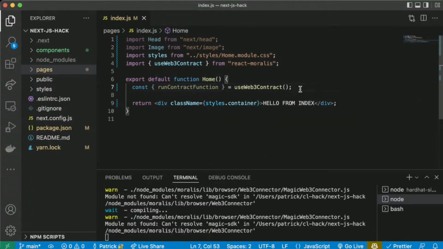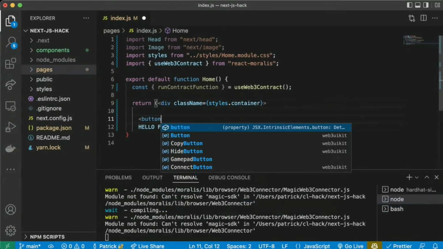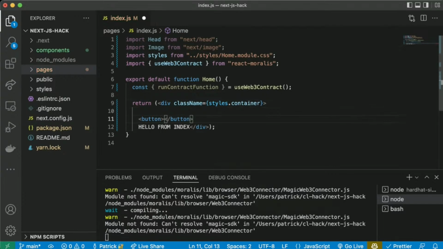So if we wanted to make a little button, right in here, let me wrap this in parentheses. If we wanted to make a button in here, button, and call it Store 778.